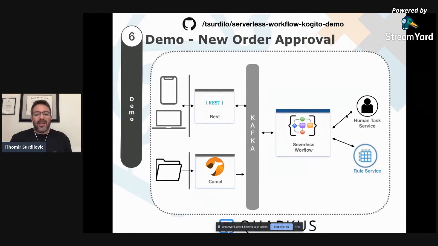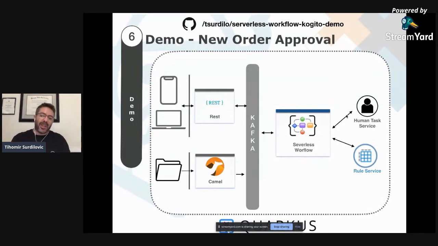The idea is that we have multiple clients that might be REST-based clients, so things like people using an application on the web. But we also have different things, for example, where we want to drop an order into a database table. In this case, we just use a file drop into a directory. So there could be existing services that already interact with the user applications. Those existing services can produce events.